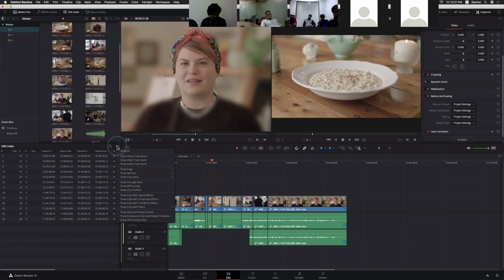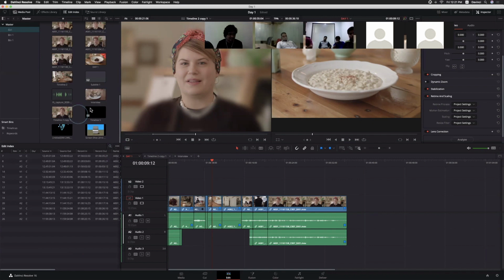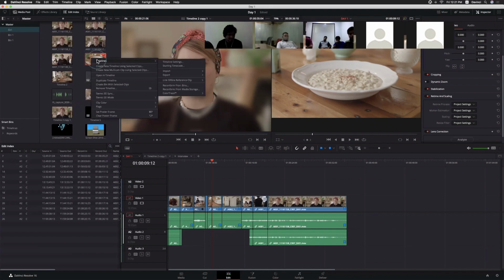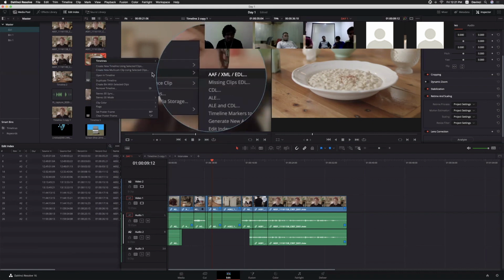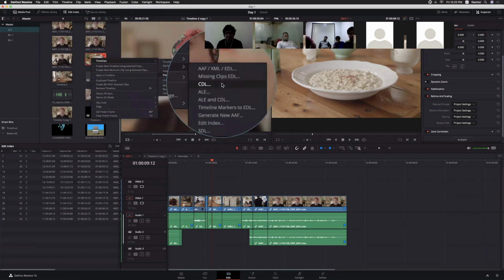Export. Which timeline are we in right now? Day 1 timeline. So export. Now for our timeline, we can export all these things. Same like EDL, we do have CDL also, the color decision list.